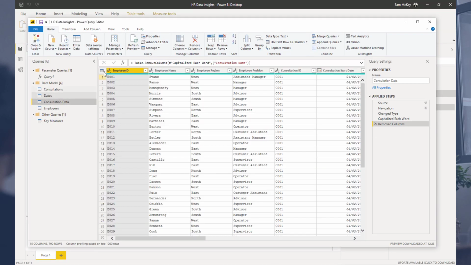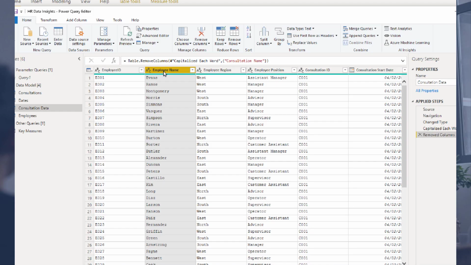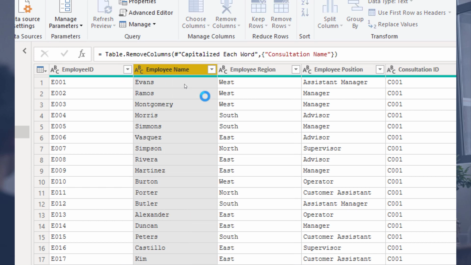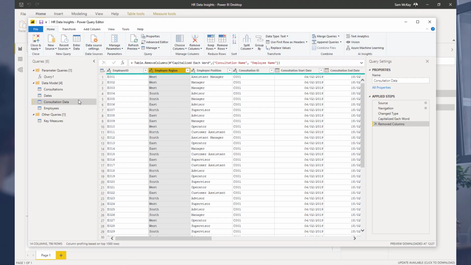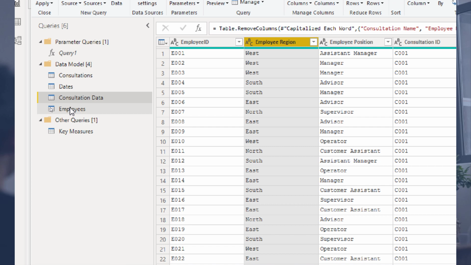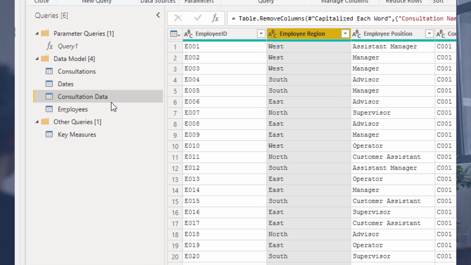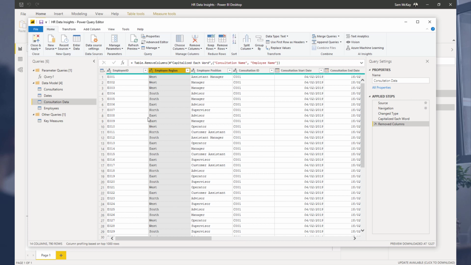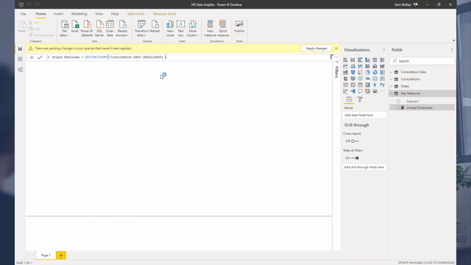Okay, and then I can come to here, and again I can get rid of this, remove from here, because I can link it back to my employees, but via the ID. And so again, I've just optimized this larger fact table, which has a lot more rows, and I can go back